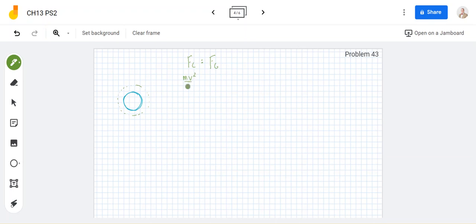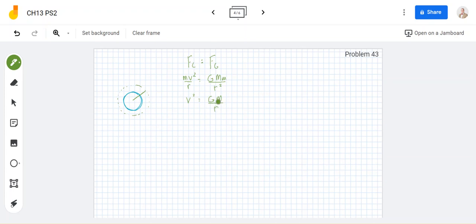So mv squared over r, which is the mass of the satellite, the speed, and the radius of orbit, that's this whole radius here, is going to be equal to big G, universal gravitational constant, mass of the planet, mass of the satellite, all divided by r squared. Again, that's the radius. So I can see that these m's are the same, some of these r's are the same. So speed squared is equal to GM